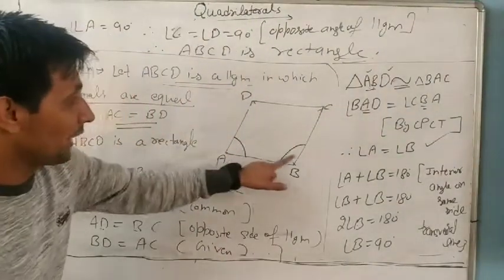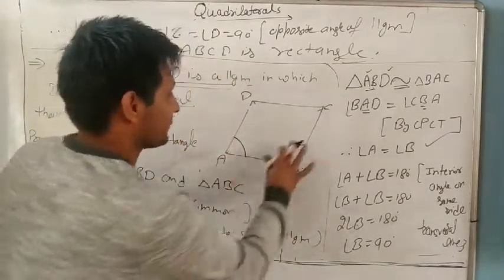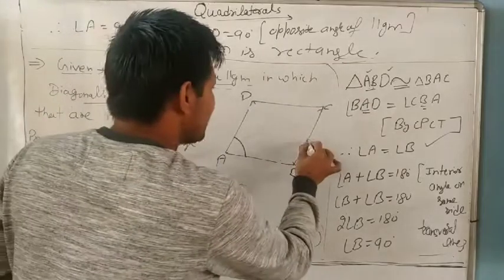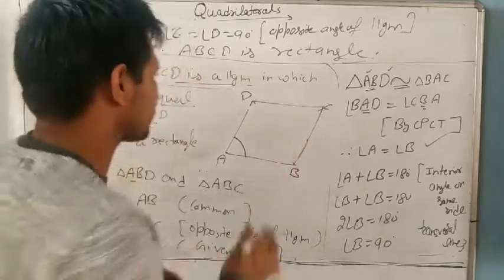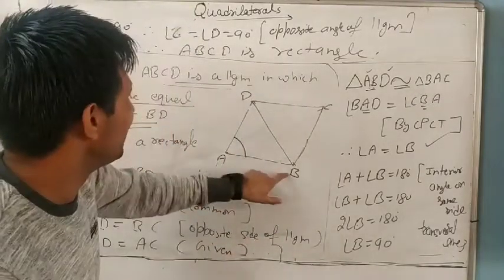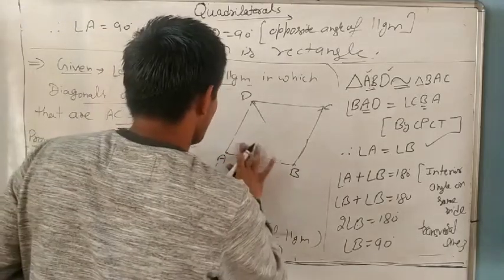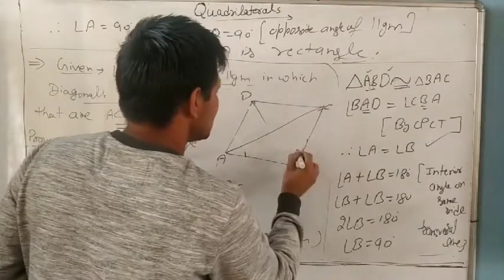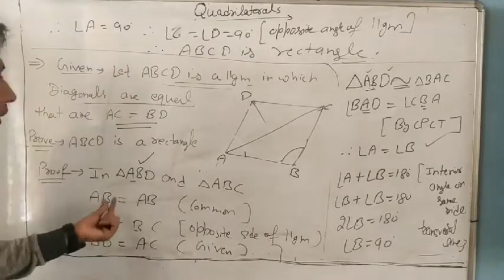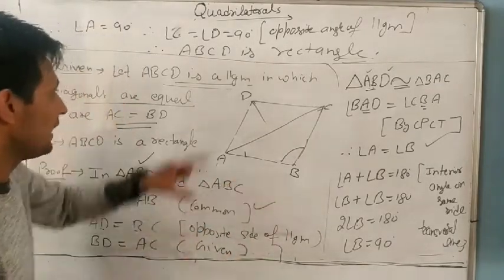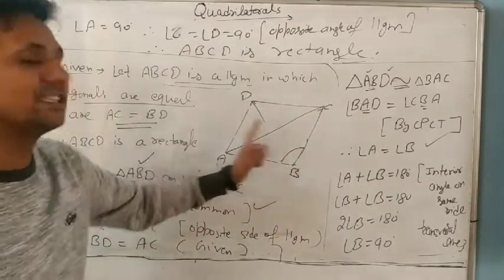So if we want to prove that two angles are equal, we will take two triangles in which angle A and angle B lie. Okay, we will take only simple things. First triangle ABD, so angle A is here in ABD. Next, angle B, where? In this triangle ABC. You can make a separate figure. So we will prove: AB is common, AD equals BC, opposite sides of a parallelogram, and BD equals AC is also given.